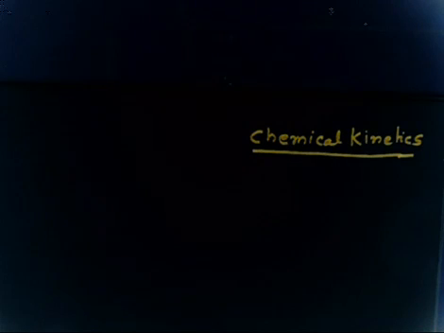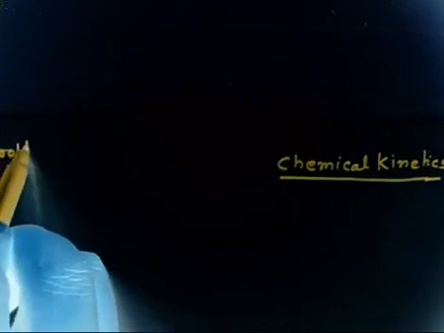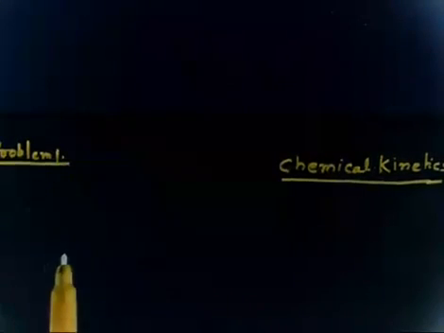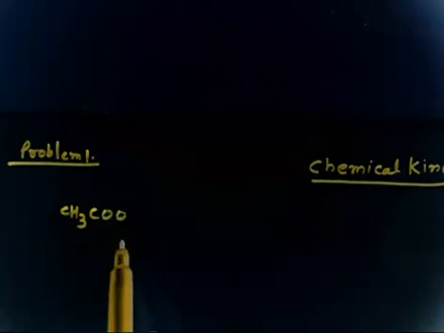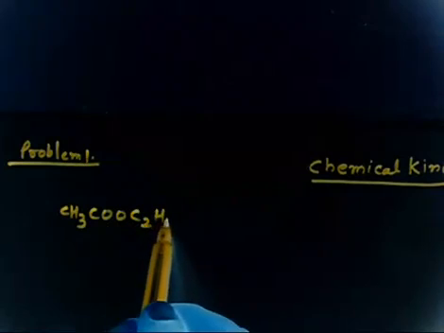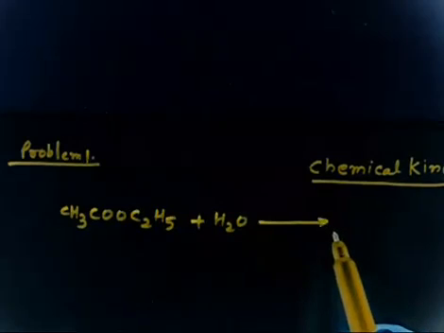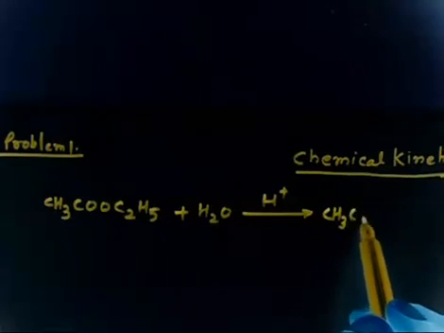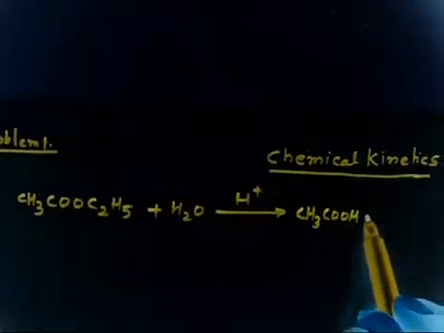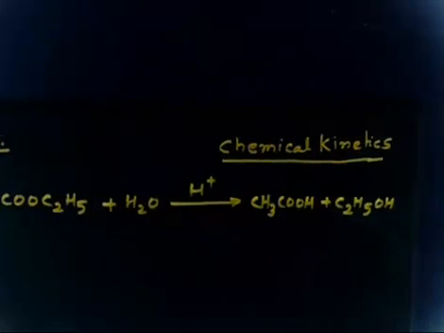So let us say this problem says the progress of a reaction given below. So there is a reaction. So you have ester. So let me write problem 1. This is from chemical kinetics. I have this reaction CH3COOC2H5. If this is treated with water H2O and H plus is taken as a catalyst in this reaction, this gives acetic acid CH3COOH plus C2H5OH. So this is your alcohol.